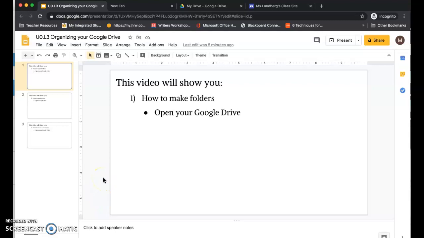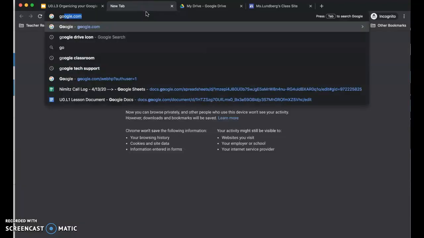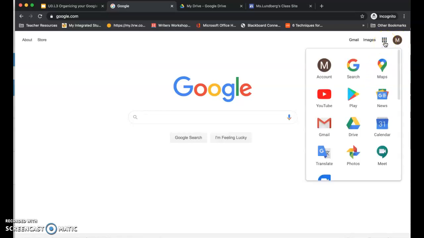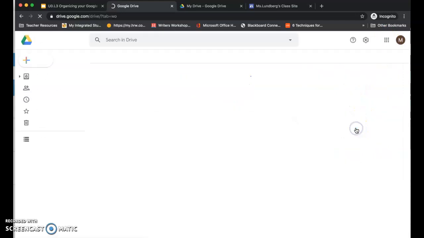Alright, for this video, I'm going to show you how to make folders in your Google Drive. So first of all, open a new tab and go to Google. Click on the letter in the corner and make sure that your name pops up. Click on Drive. Click on this little button icon and then you'll click on Drive to take you to your